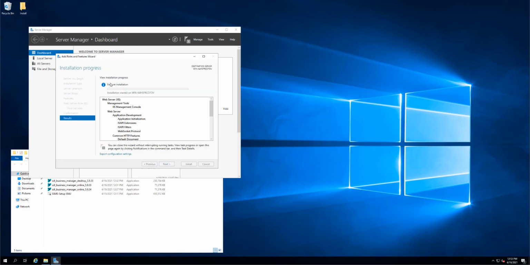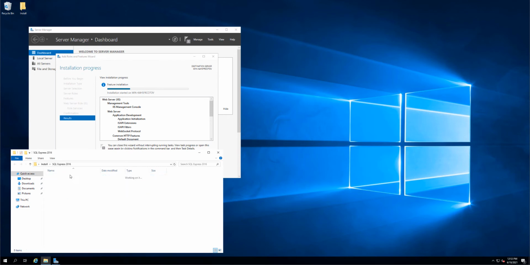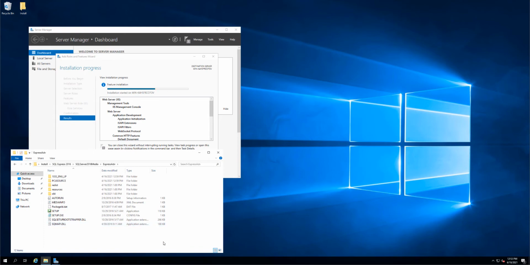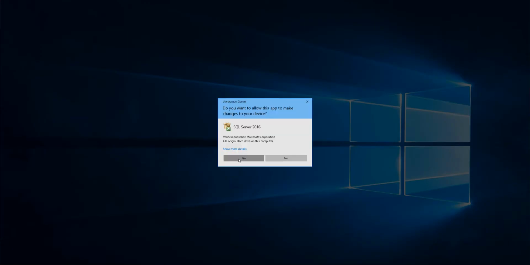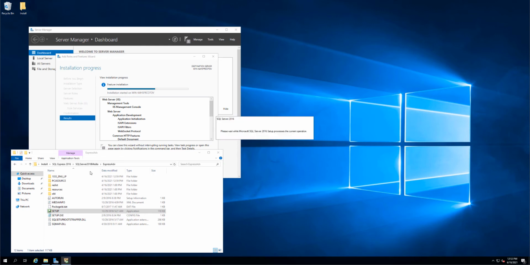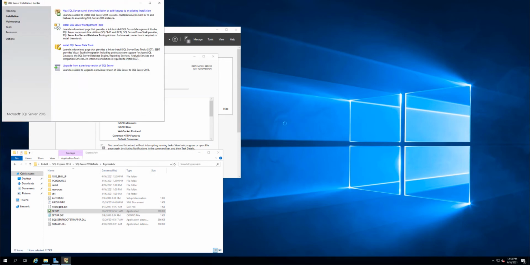And while the installation advances, let's set up the database. Let's install the database engine. Currently Business Manager supports two database engines, SQL Server and Postgres. For this demonstration I'm taking SQL Server. So here is the installation. Usually you will have a web installer, but I have a local installer. And this is SQL Server 2016. Again, you can use any version. That doesn't matter. I select New SQL Server standalone installation,